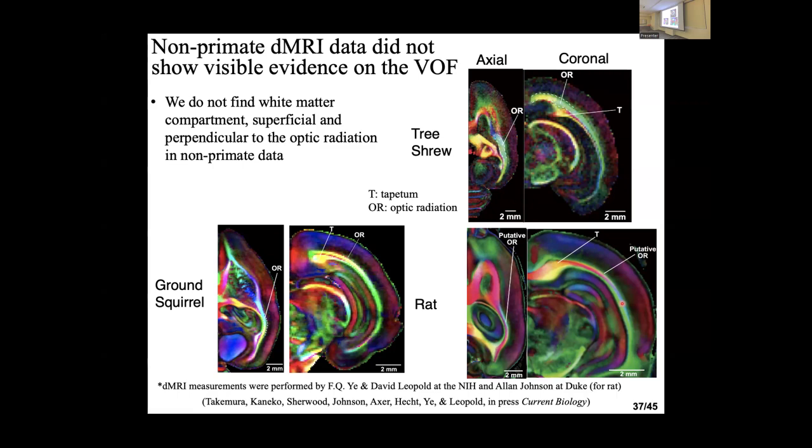We concluded that it is so difficult to find that lateral compartment. In rat data from Alan Johnson at Duke, they have very magnified callosal fiber, and a large portion of the callosal fiber is there. We can see some geniculocortical portion, some medial callosal, but it's very difficult to find a third component lateral to the optic radiation traveling along the superior to inferior axis.